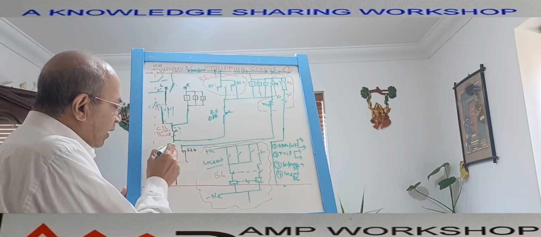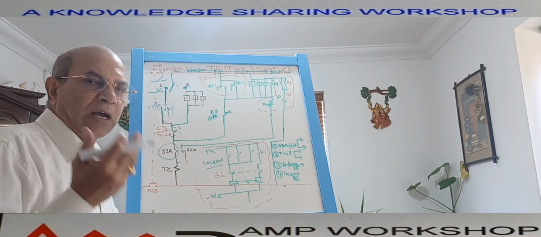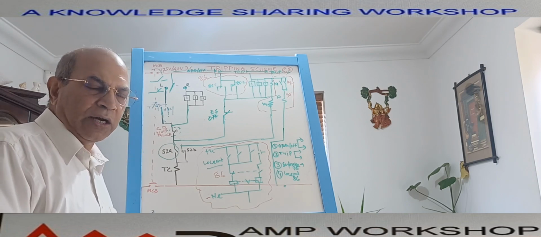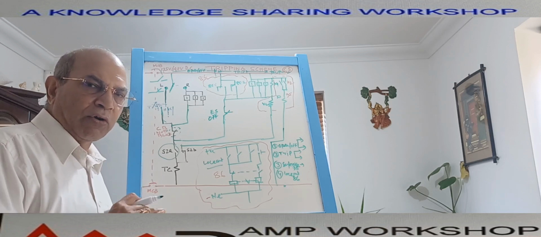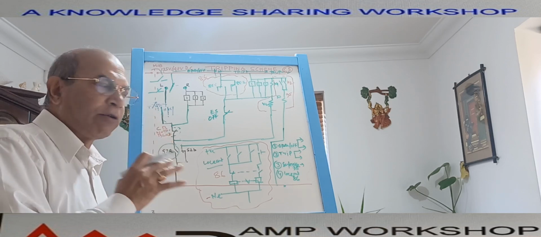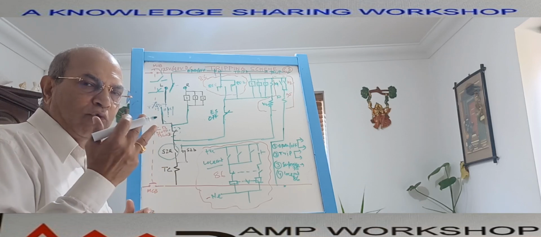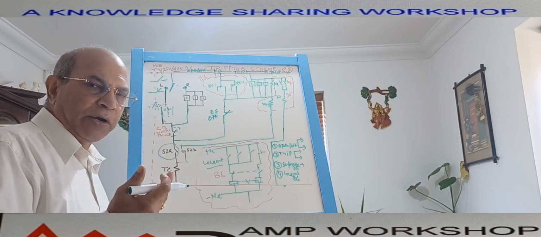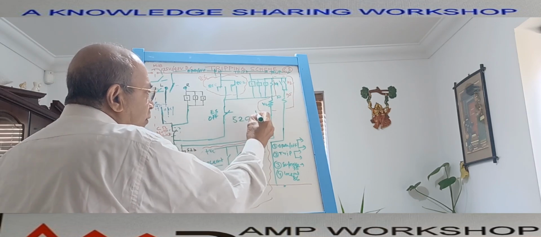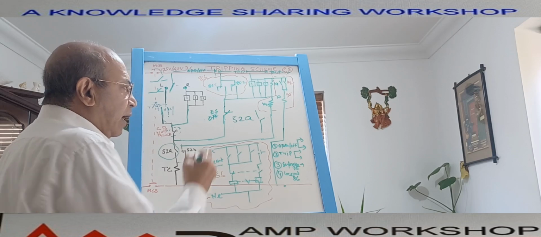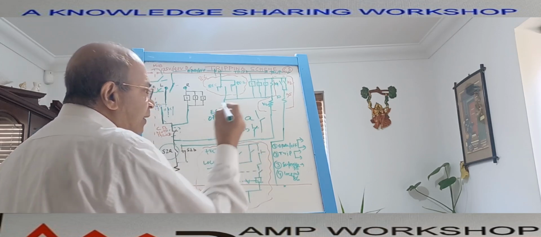Now here you see, we have already discussed, the breaker has two types of auxiliary contact. One is an NO contact, normally open, and the other normally closed. These contacts are designated in the breaker open condition. When the breaker is not closed, the breaker is open, at that time the breaker has two auxiliary contacts. One is a normally open contact, that we call 52A. And there is another contact 52B,